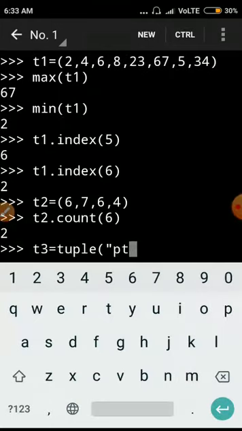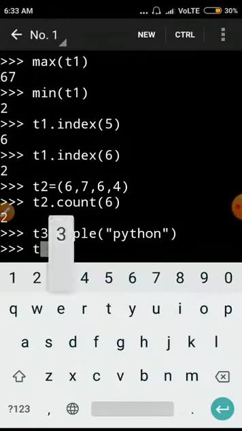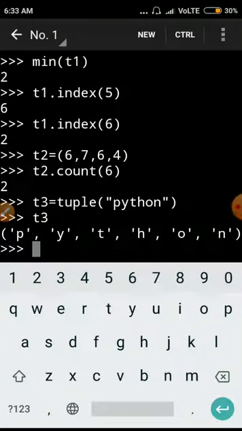Suppose I take python. So one tuple t3 will be created with the help of the tuple function, and inside it I give one string, so it will be changed into the tuple type. So these are the basic functions of the tuple.